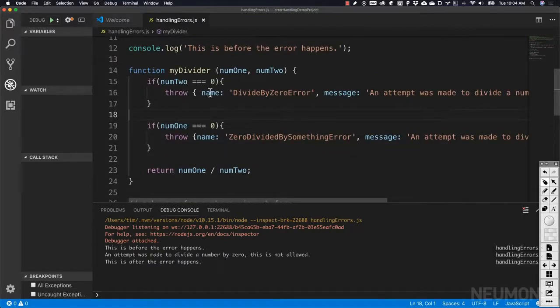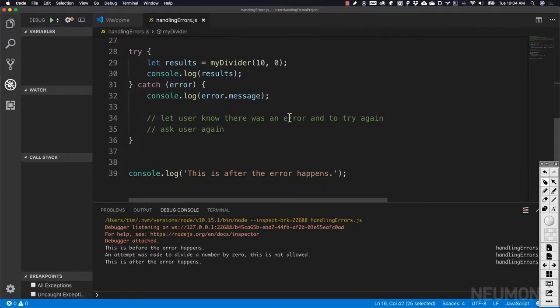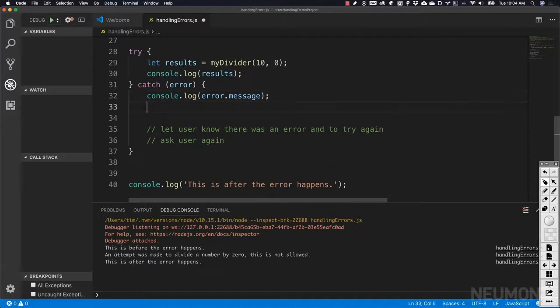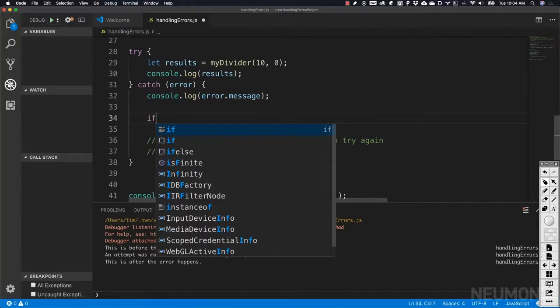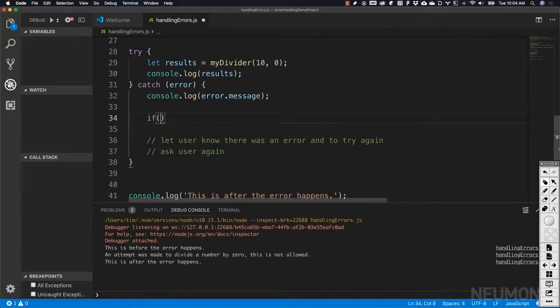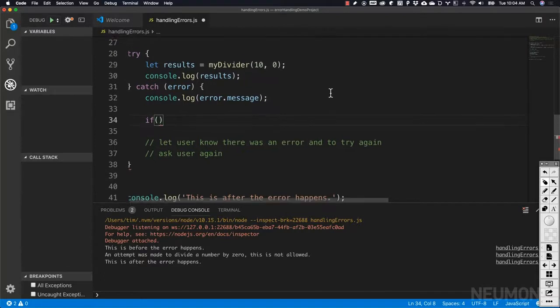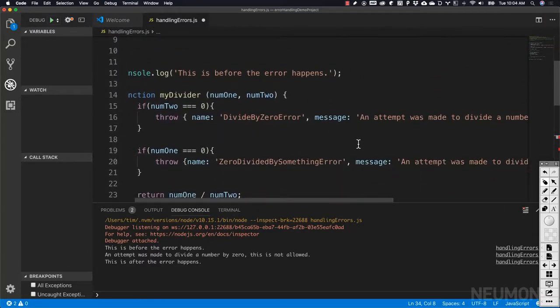Now, why did we provide a name on this error object? Well, the reason is that, after we've presented the error message to the user, based on the error type that we got back, we can go ahead and present some instructions to the user. So the message tells us why the error happened, and now we can go ahead and,